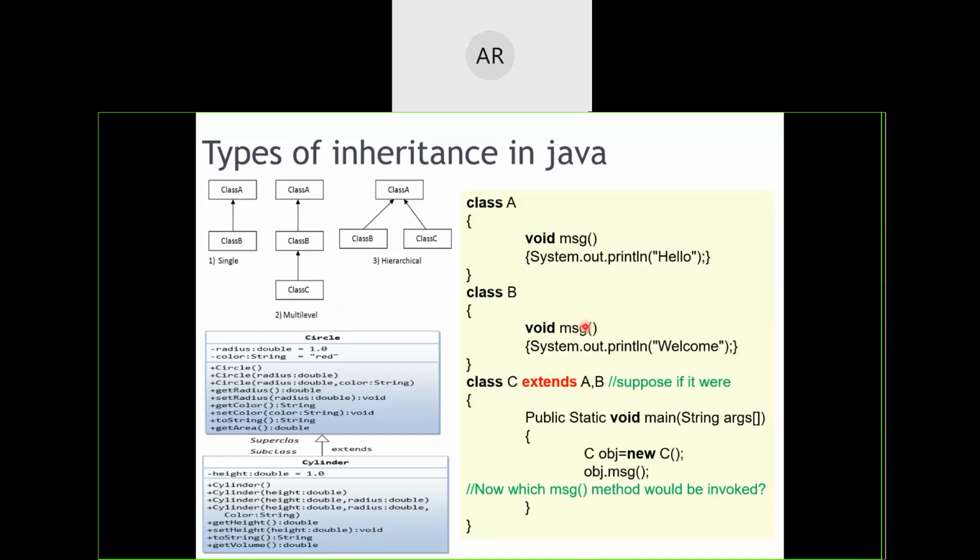So here comes one more distinction. I have a doubt, please. Here in class A, there is a function method message. In class B also, can the same thing be used? Why not? Class A is different and class B is different. This MSG is local to this class and this MSG is local to this particular class.